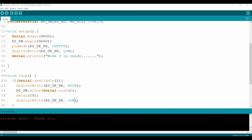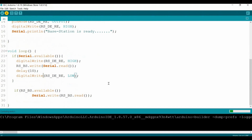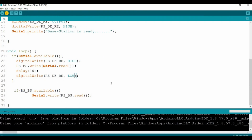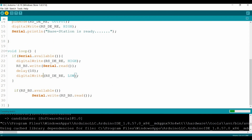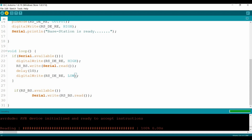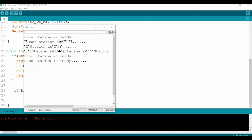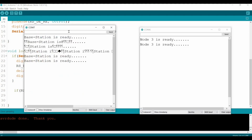Let's see the base station. Digital write, correct. This is compiling and uploading. Should be finished very fast. Done. Okay. Let's check now. So from the base station, let's say hello. There we go. Now we can get it. Then they say, okay, got it. So now let's go back to